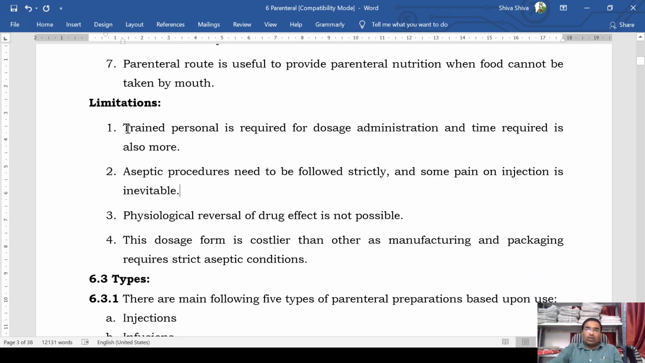One of the disadvantages is that trained personnel are required. Parenteral products are administered to patients only by physicians or trained personnel. For taking a tablet, anyone can take a tablet and no skill is required. But in case of parenteral products, a special person who has training in that particular area is required. So a trained person is required for administration of these dosage forms, except for non-parenteral dosage forms. Then the second disadvantage is that